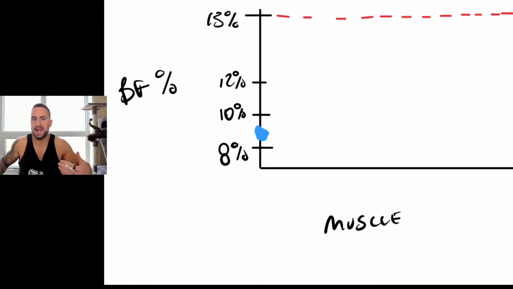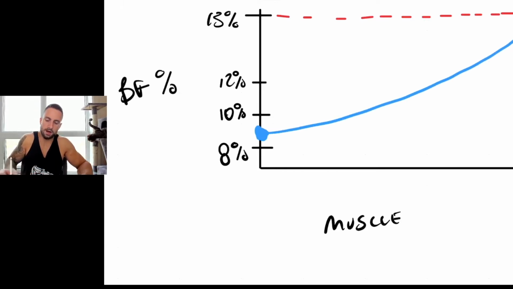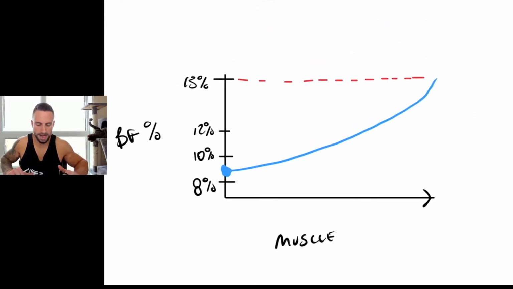So by starting at 8 to 10% body fat, you're giving yourself the best and longest possible window of time before you reach that red line, which is 15% body fat, which is where body fat accumulation is going to become high enough that it's like the point of diminishing return, right? You're going to be gaining so much body fat with the muscle that you gain that there's no point to be gaining weight any longer. Okay, you're throwing your hormones out of balance, etc. Okay, so once you do this,